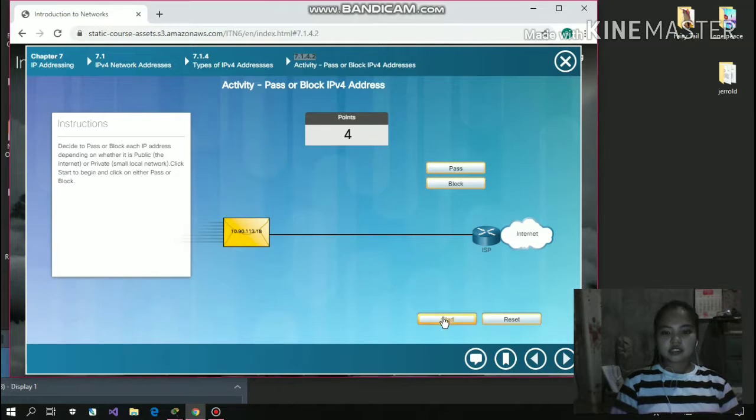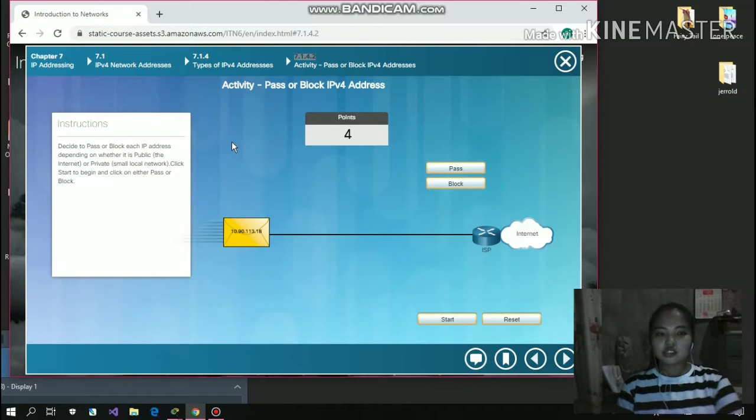So from this activity, they have an IPv4 address which pops up on this side, and you will decide if you pass or block the IPv4 address. So let's begin the other activity, which is